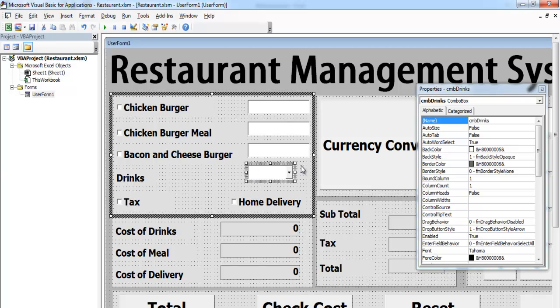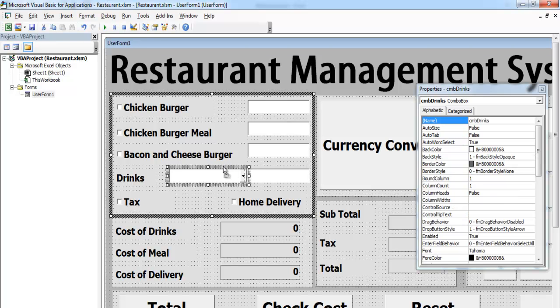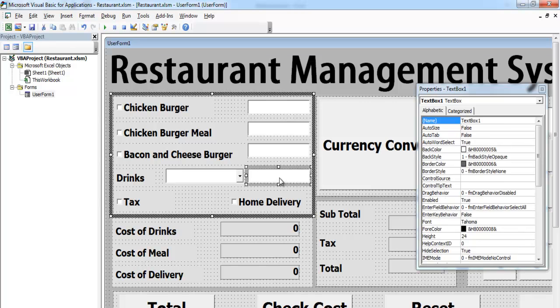Okay, now I realize why. I think, and I know why, I have another text box in there. We have our drink here. Okay, let's just copy this. I think that is why I have that. Okay. Now, we'll give this a name. Let's say txt drink number. Okay, drink number. Let's copy that